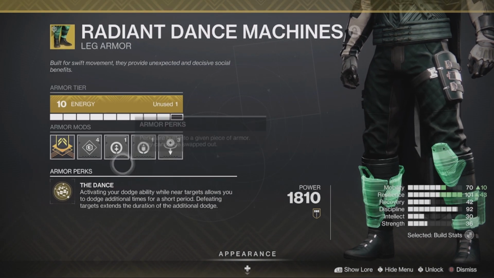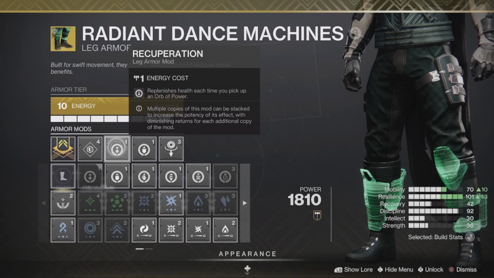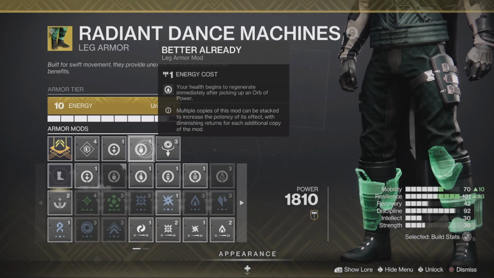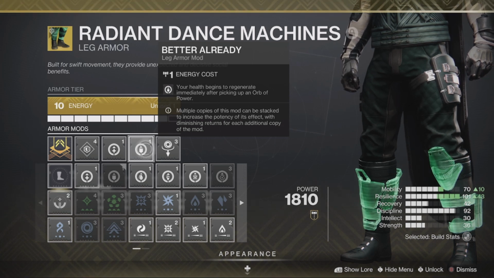During this testing, I'm going to be using Recuperation, which replenishes health each time you pick up an orb of power, and your health begins to recuperate immediately after picking up more power. The reason is, so I can stay alive and we can get through this a little quicker. So if you're thinking, Radiant Dance machines keep you alive pretty well,